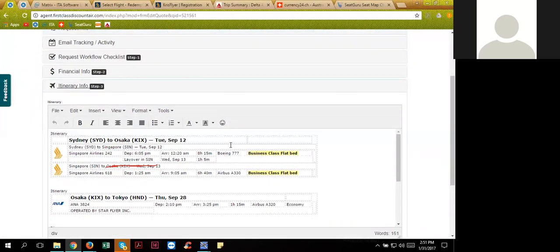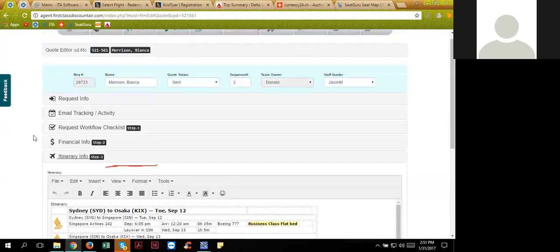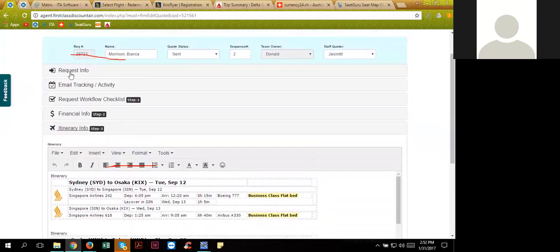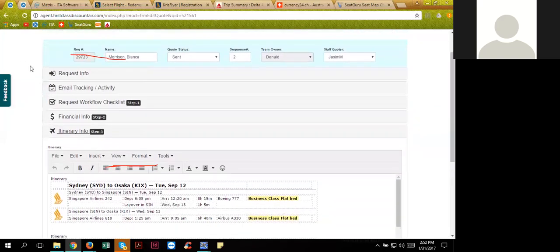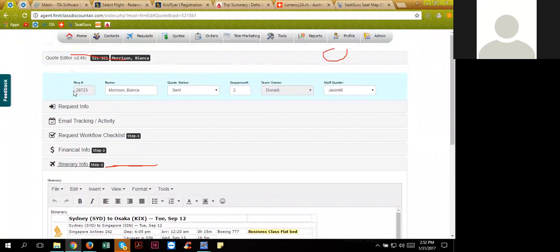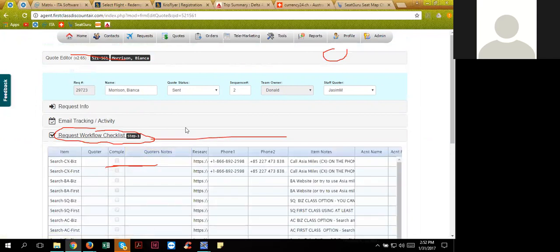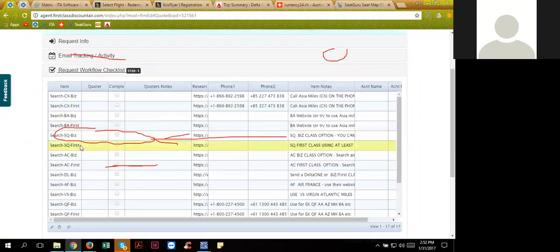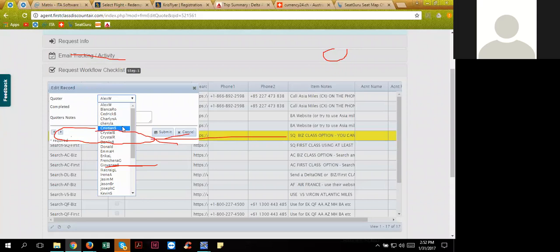So let's go up here to the request workflow and mark that Singapore is already done by JASM. Do you see this right here? I've got to train him to, we didn't used to do these two steps. That's why they don't know. So click the request workflow checklist right here and put in the SQ biz right here. Double click it and change it to JASM